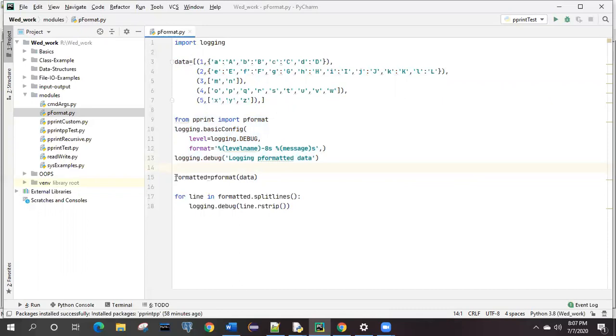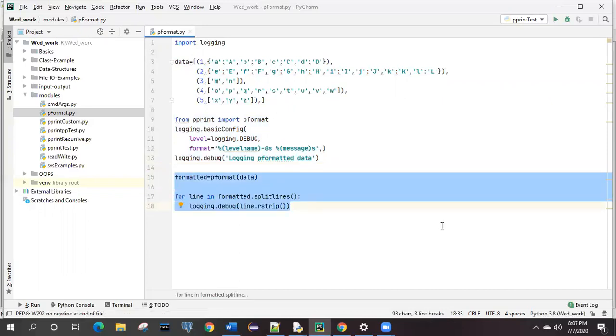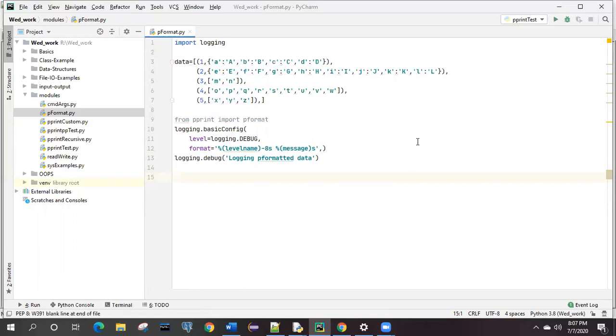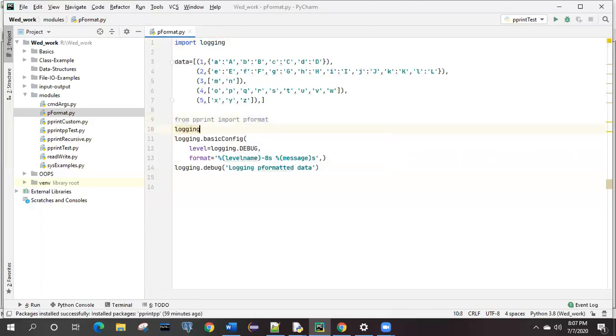So let me remove this first, because that is the second part. This is the data input, no confusion. Here is how we are going to make use of the log and how we can achieve it. For that purpose we have a module known as logging. First you need to import it, and it will give you multiple methods, depending on what you want to do.